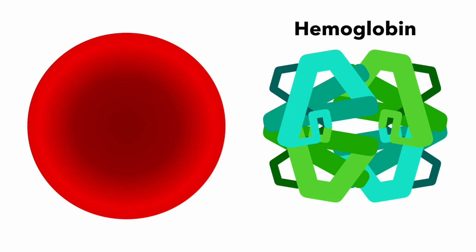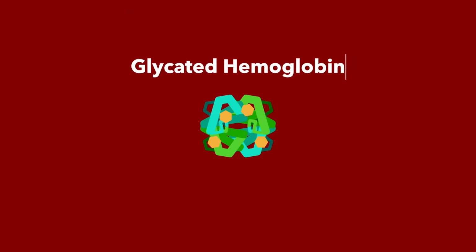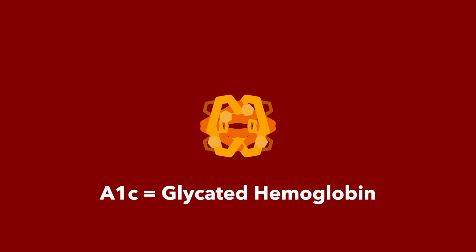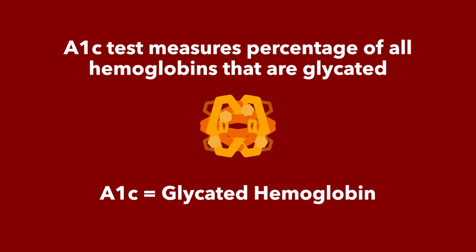Your body uses red blood cells that travel through the bloodstream to carry oxygen from the lungs to the rest of the body. Each of these blood cells uses a molecule called hemoglobin to carry the oxygen, and there are about 270 million hemoglobin molecules per red blood cell. As the red blood cells travel through the body, glucose molecules can get stuck to the hemoglobin, making them glycated hemoglobin, which is just a fancy word for a hemoglobin molecule that has a glucose attached. A1c just stands for glycated hemoglobin, and an A1c test measures the percentage of all hemoglobin molecules that are glycated or have this sugar attached, which is why you may also hear an A1c test referred to as a glycated